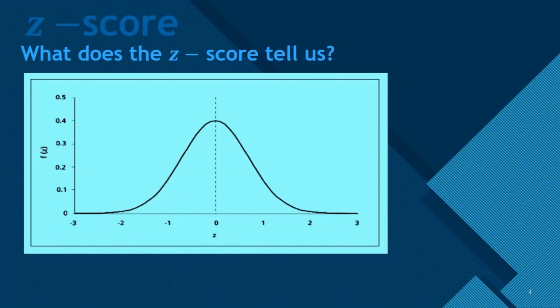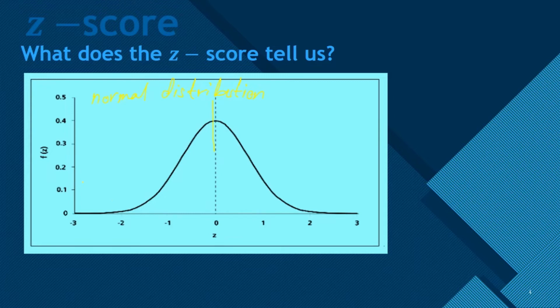What does the z-score tell us? Kung titingnan natin sa normal distribution, okay, yung nakikita yung graph dito ay ito yung tinatawag na normal distribution o di kaya normal curve. Okay, sa normal distribution, meron tayong mean. Itong nakikita yung linya na nasa gitna ay yan yung mean natin pag sa normal distribution tayo. Okay. Yung nakikita nyo dito, itong 1, 2, positive 1, 2, 3, negative 1, negative 2, negative 3, yan yung